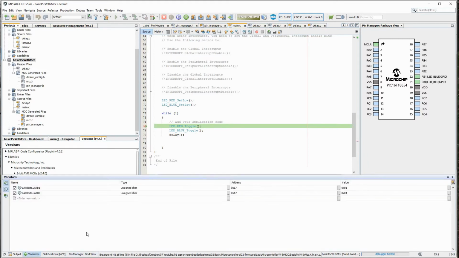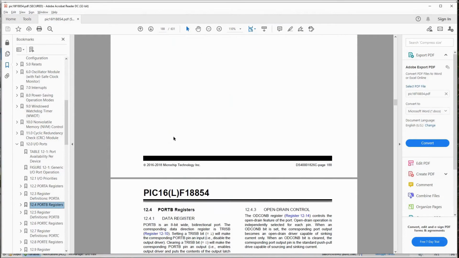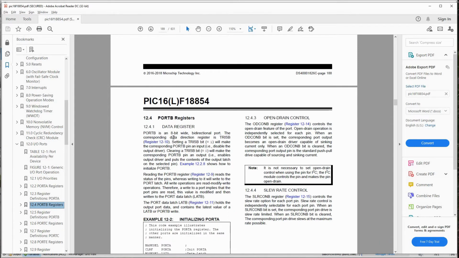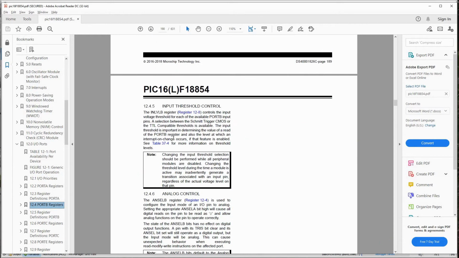So the variables are here. It has come here. Let me start once. Now both of them are high. If I start, both of them will go 0. Then after that loop, it becomes 1, 0. So they are toggling. So now let's quickly check out the data sheet of this one, because it's slightly different than the last controller we did, because this has a bit more features on it.